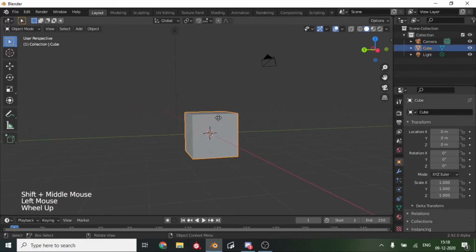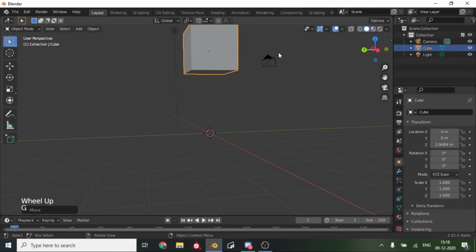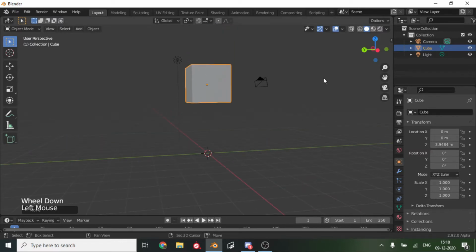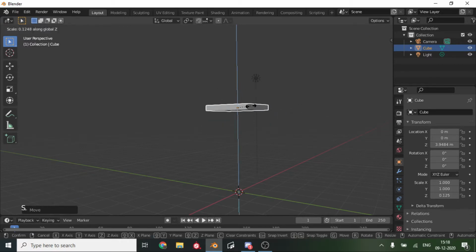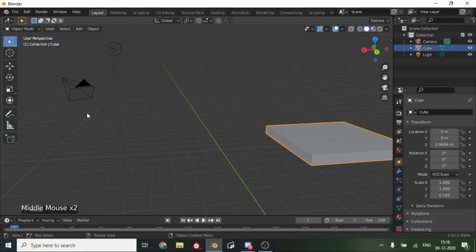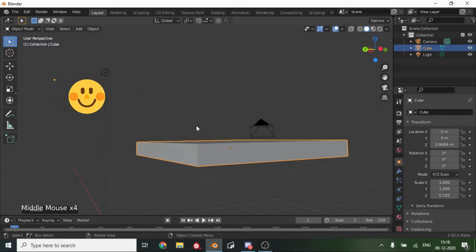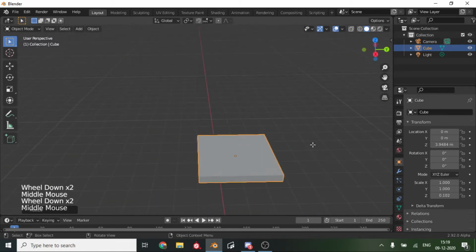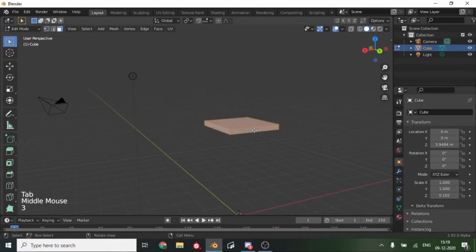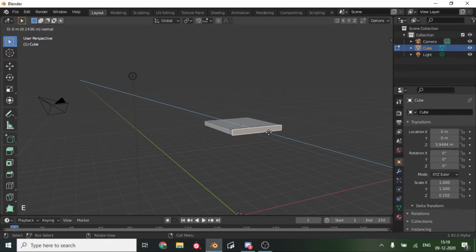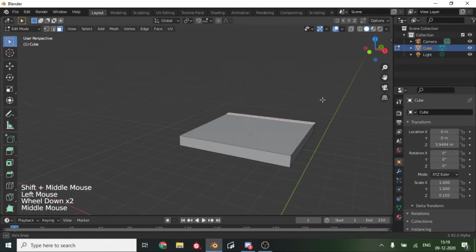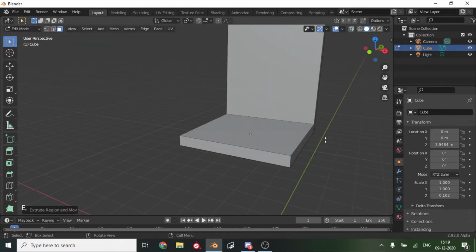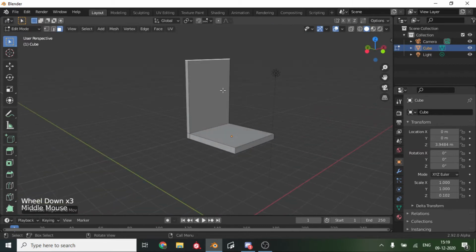So we will take the cube, grab it on the z-axis, bring it up, and once it's at your desired height, scale it on the z-axis to look pretty much like a chocolate cube. Yeah, we can call it that. And then we can tab into edit mode, select 3, and select that and extrude. Don't extrude a lot or else it will look weird. And then we can select the top face and extrude it out as well. So we can see that looks like a chair,